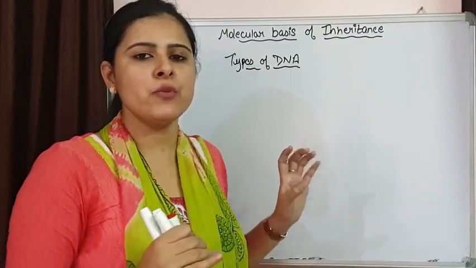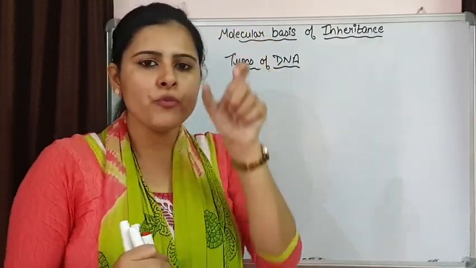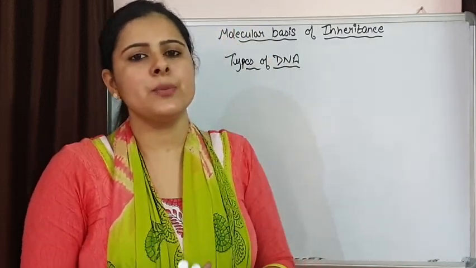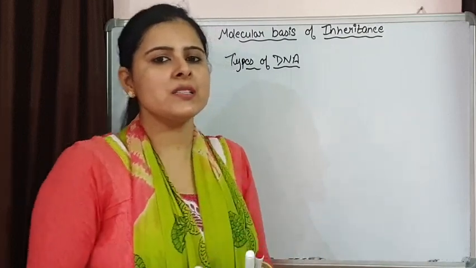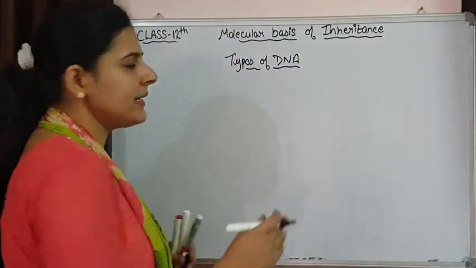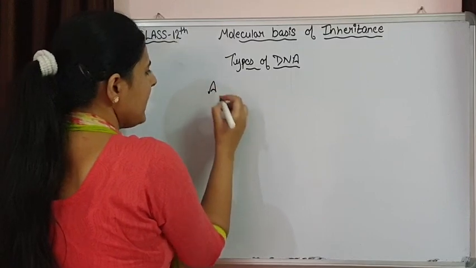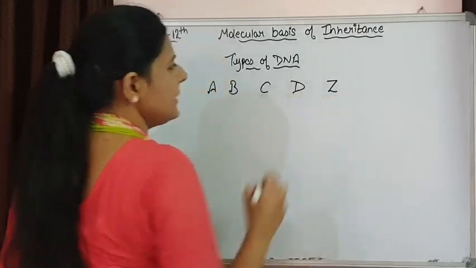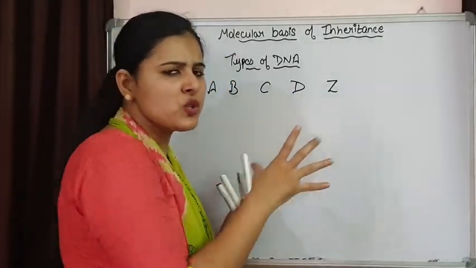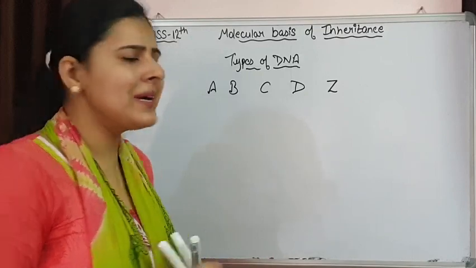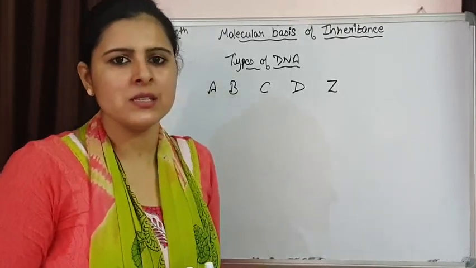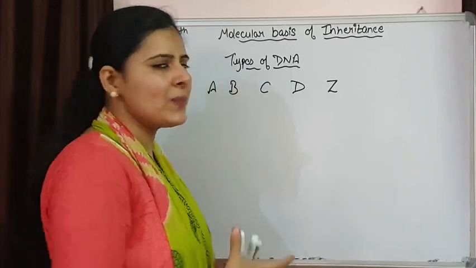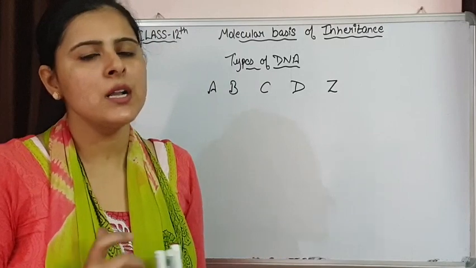We are going to find some of the differences in the number of base pairs that are arranged in one helix, plus the distance that is present between them. And because of these differences, we are dividing the DNA into type A, B, C, D and Z DNA. They are almost showing the double helical structure, but they are also showing differences in terms of number of base pairs that are present, and distance between the base pairs.